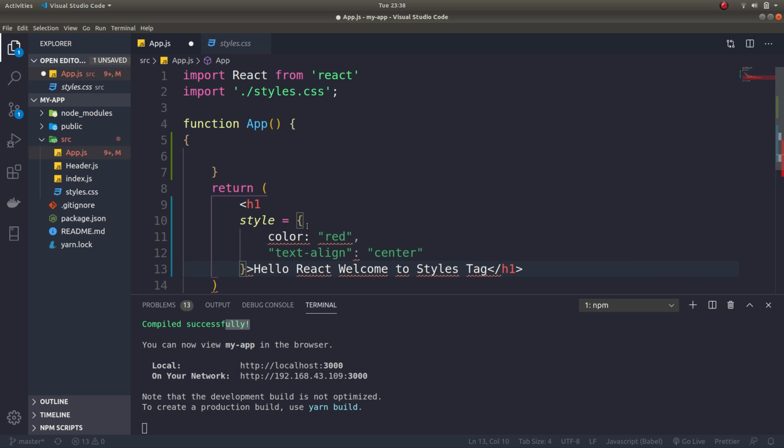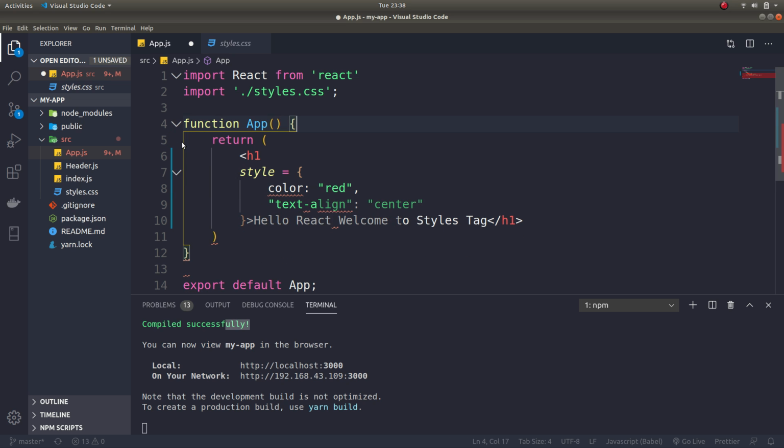Alright, so now you can see here it is showing an error. Why is this error happening? As we know, this is a JavaScript object and we are giving it inside curly braces, so it is an object, but it is also JavaScript, so we have to give it inside another curly brace, then only it will be in proper syntax.